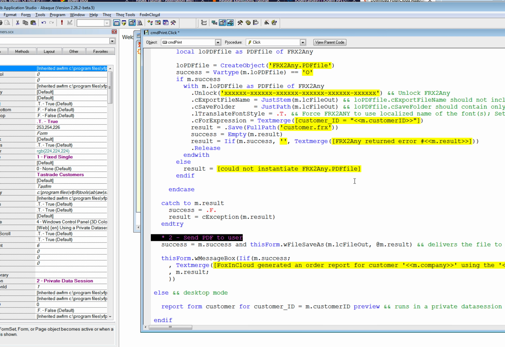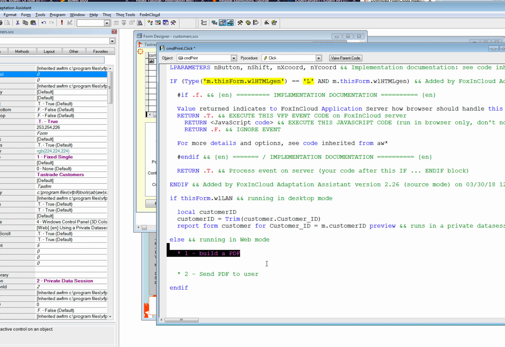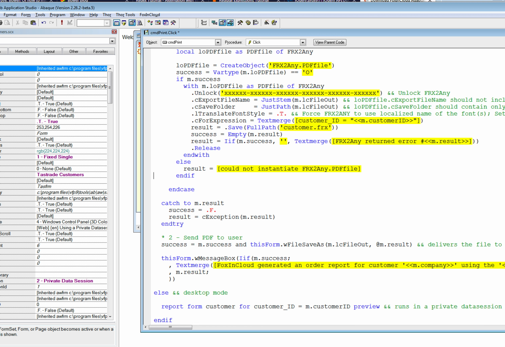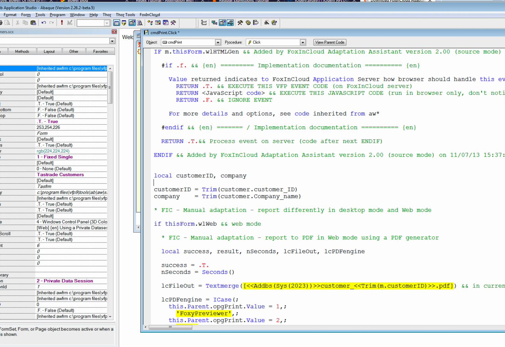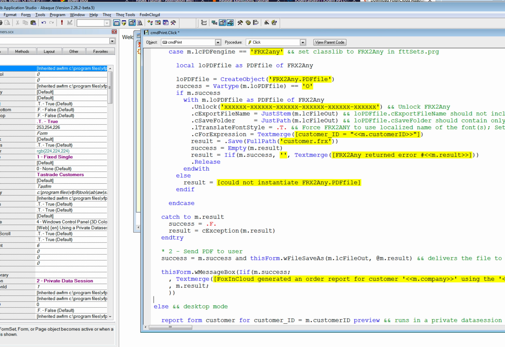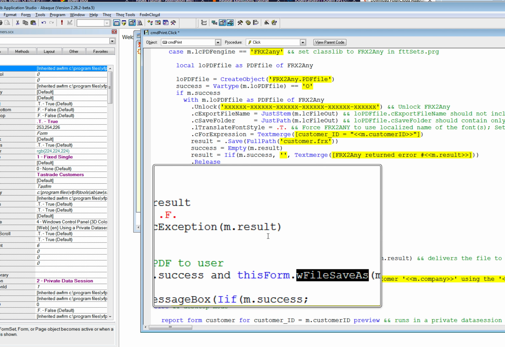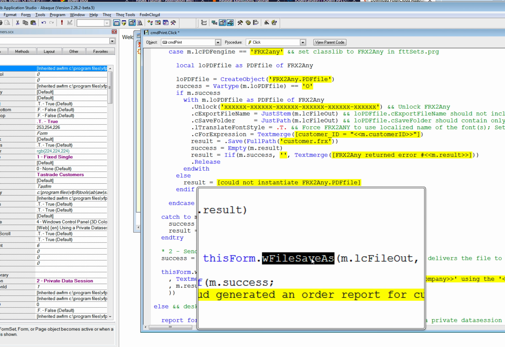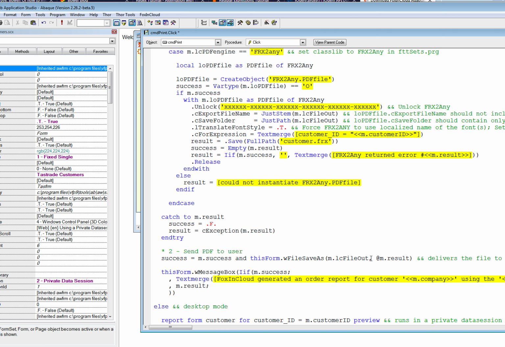Yes, we could have done it this way. Build a PDF. Now the build a PDF is up there. That's the build a PDF. And the send a PDF to the user is here. So if we have success at the previous stage, we just use this FoxInCloud method, which is called wfile save as. We give the file that we want to save as. In fact,